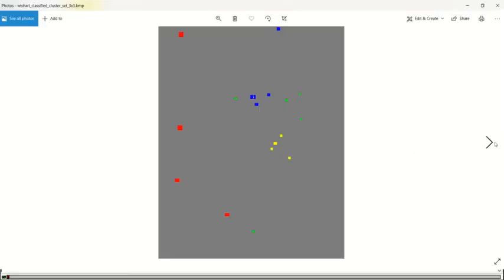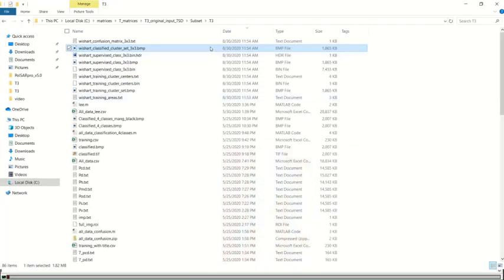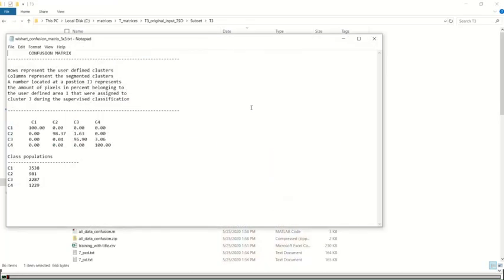This is a cluster set to which we have given training areas, and this is the classified output. You can change the colors according to your wish. And this is the confusion matrix. Class 1 was water, class 2 was settlement, class 3 forest, and class 4 mangroves. So this is class-wise accuracy, and you can calculate the overall accuracy.